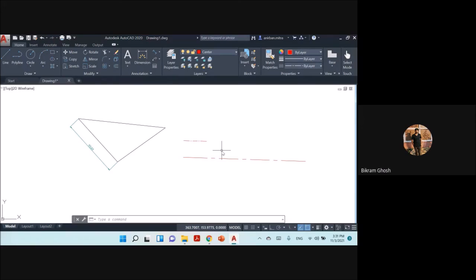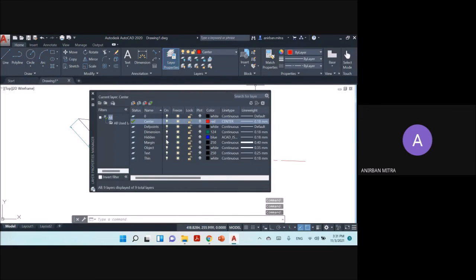Yes, sir. I'm asking what is the difference between freeze and off layer, sir? Basically, outwardly, there is no difference at all. I'll just simply freeze this layer. Let's say I'll freeze the dimension layer.